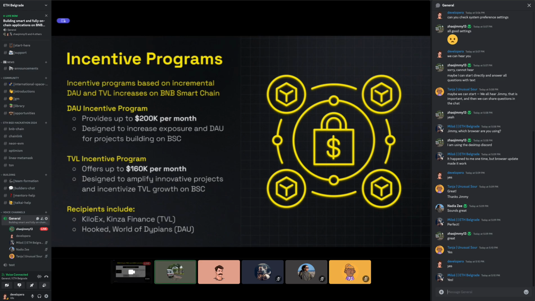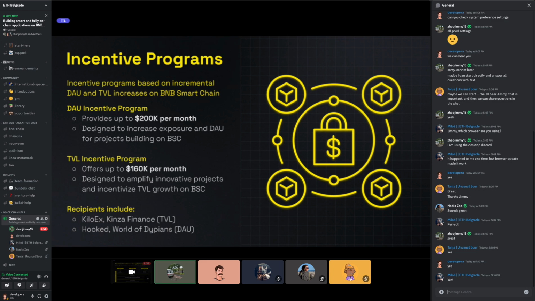This is the DAU incentives. We provide financial support to projects that can increase the exposure and DAU built on the BSC and opBNB, and TVL incentives, which amplify projects to grow TVL on the BSC. Again, as I mentioned earlier, the BSC is our DeFi hub, which focuses on TVL and financial applications.